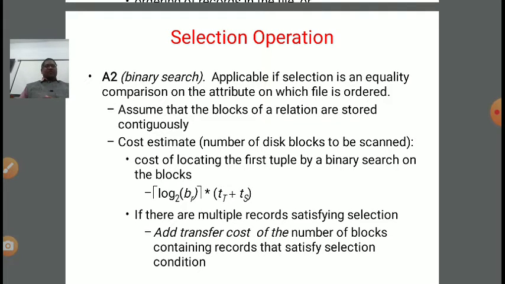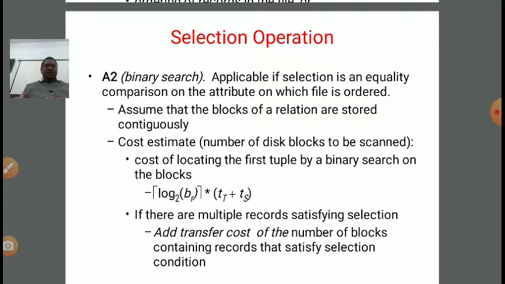Before going into detail, binary search, as the name implies, divides our set into two parts, and first we go to the mid position and match. If it matches, we do not proceed. If not, we go to the left part, and the same process is applied recursively: divide and search, divide and search, with mid, then left, and then right. In this manner we search until we get the result.